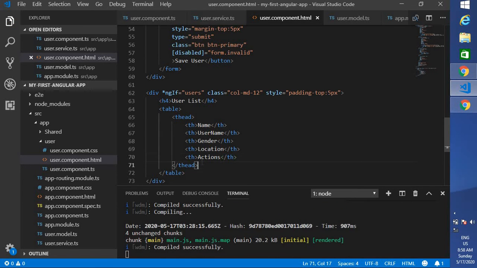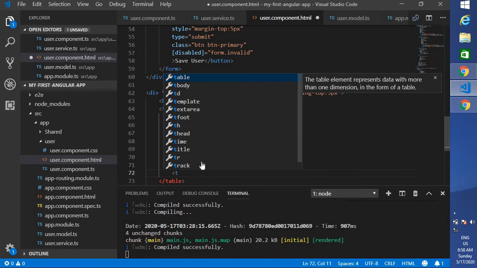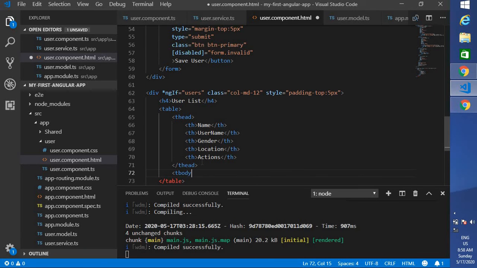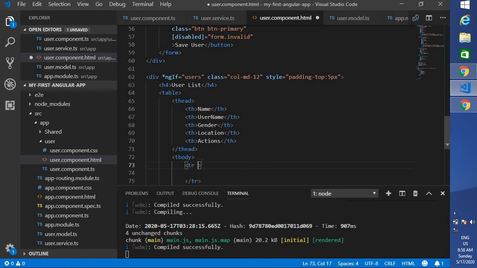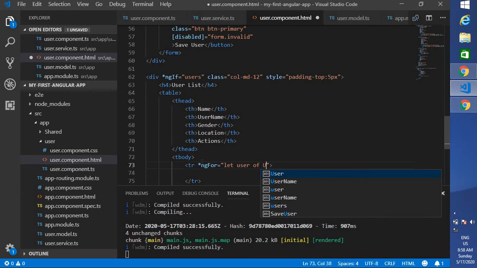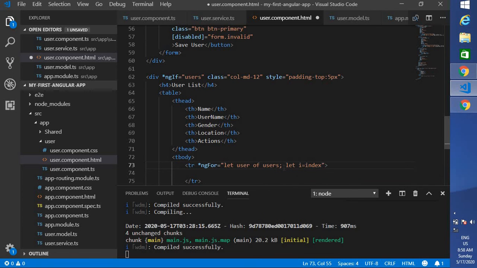So let me go to the table body and create a table row. Here these rows should be created dynamically. For that I'm going to use ngFor, let user of users. When the users are present, I'm going to loop over this particular array. I need an index for future purposes, that's the reason I'm storing it equal to index as well.